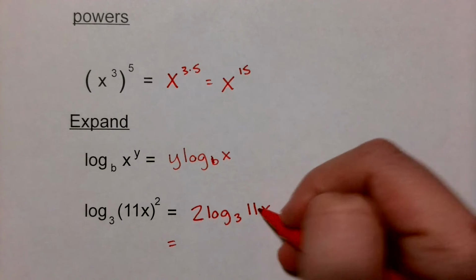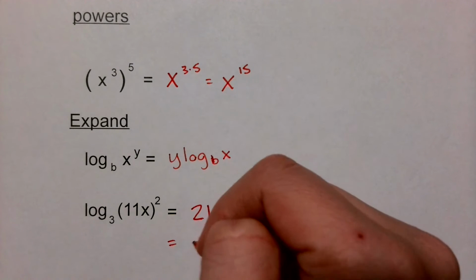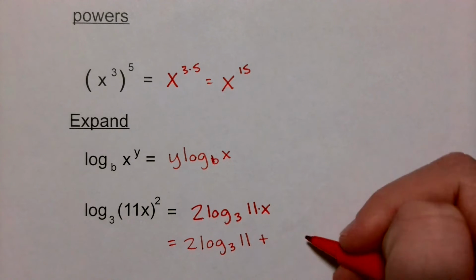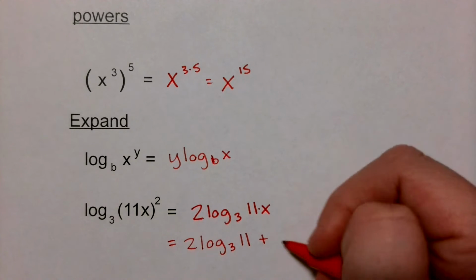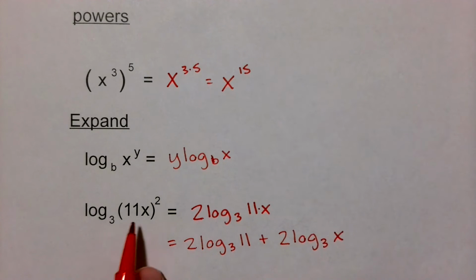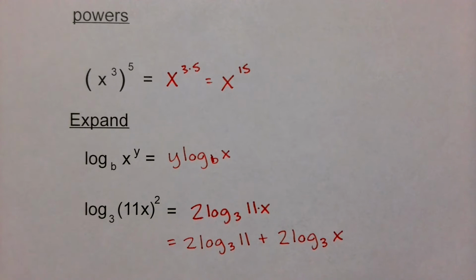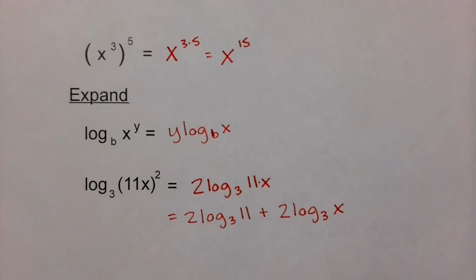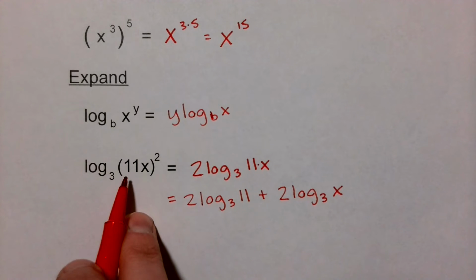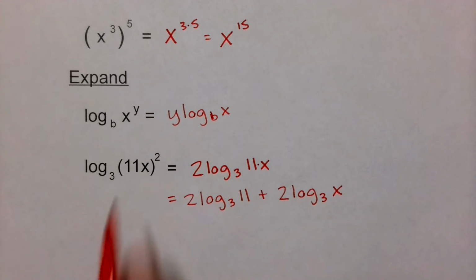So thinking through, okay, multiplication expands into addition. Whenever I expand into addition, so I've got 2 log base 3 of 11 plus, I want to make sure that this 2 is still attributed to the x, because at the beginning, the x was being raised to the second as well. So I need to make sure that if we went back the other direction, in some ways it's kind of like factoring. You can always go back the other direction and check if we were to put this